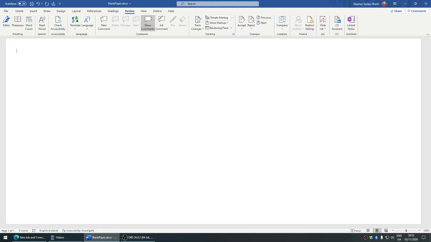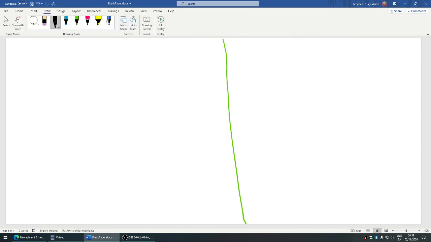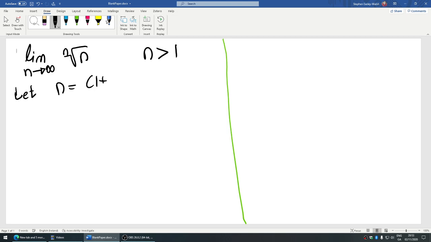Okay, so let's have a look here. The limit as n goes to infinity of the nth root of n, and we'll just keep n to be more than 1. So let n equal (1 plus h) to the power n, and note that h must be positive since n is more than 1,